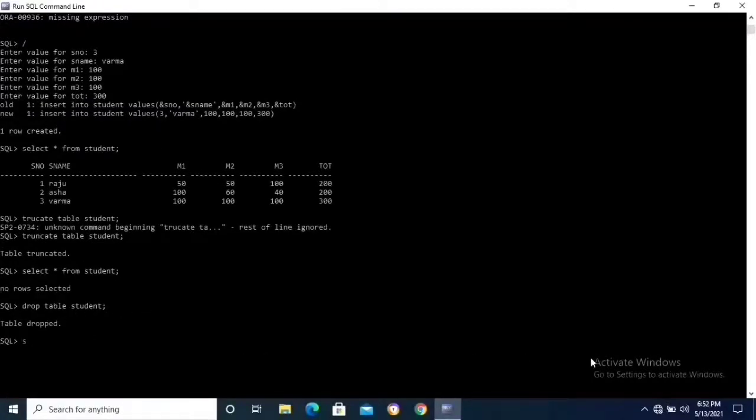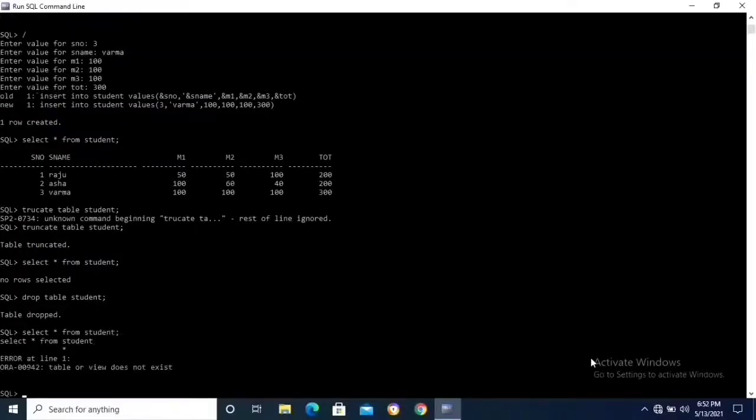Open the table. Select star from student. Semicolon. Enter. Table or view does not exist because the table is dropped. That means the table is deleted.